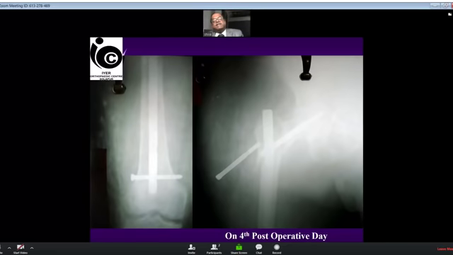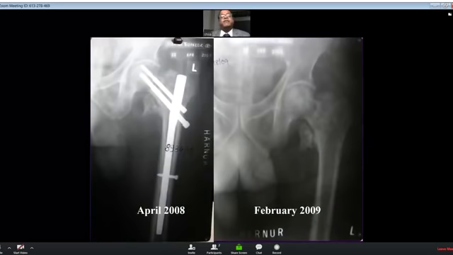The initial 5 or 6 cases, all these 5 or 6 cases, I took back again to the OT, tried to reinsert the screw, different screws in different directions, but all of them came out on the second or third day again. So I came to the conclusion that there is something inherent problem which is working. So already probably the first screw has caused a lot of damage to the fixation also.